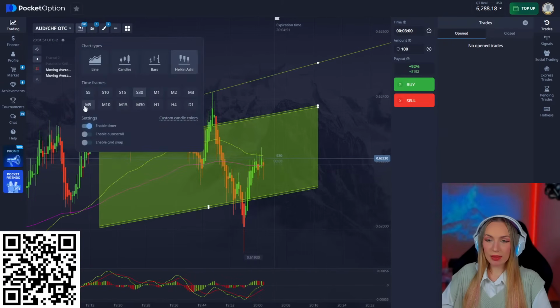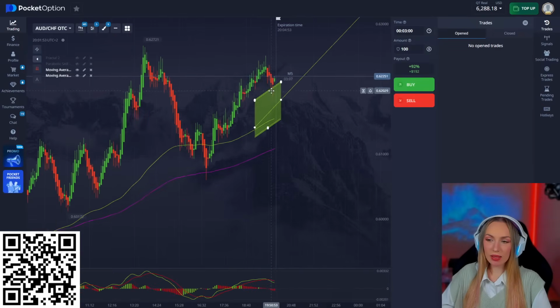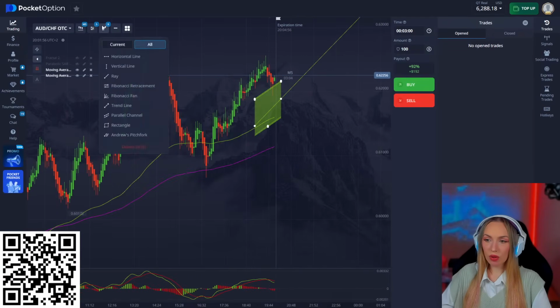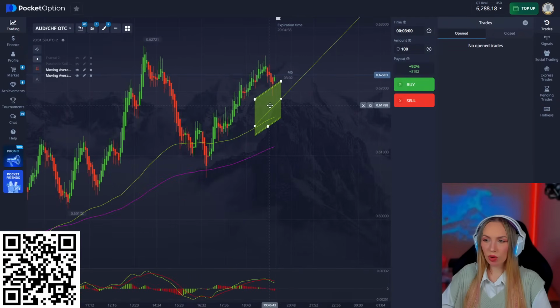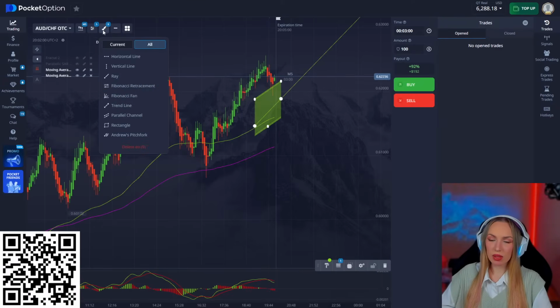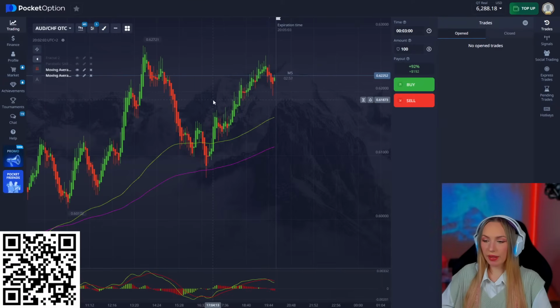And yeah, let's check. I already did some analysis before, but for some reason today actually Pocket Option works weird. Like, what is that? It looked fine, and now